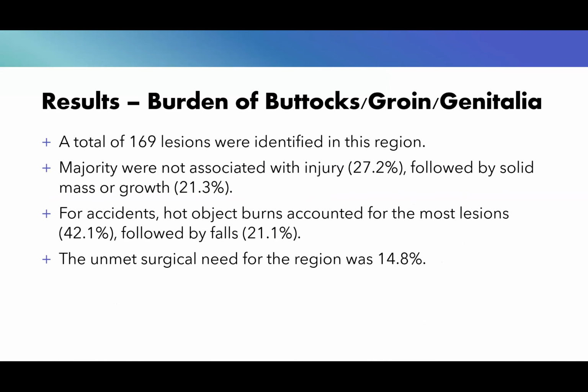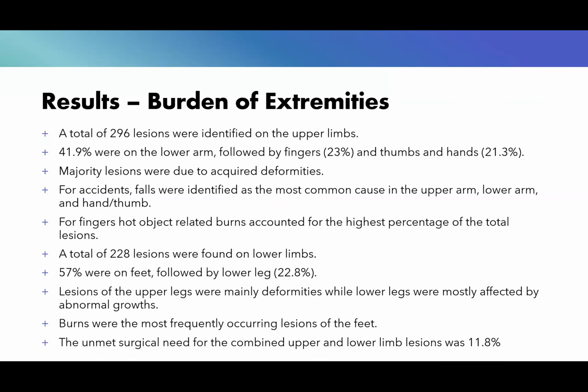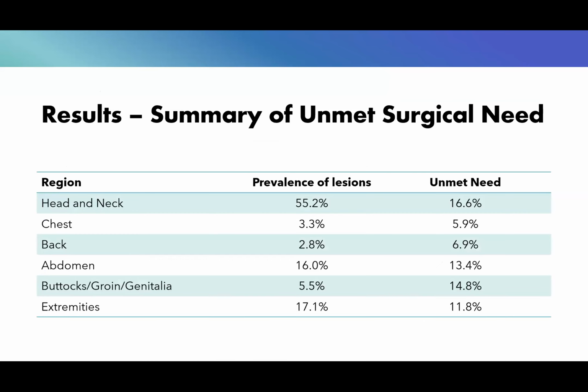So I will skip these because these are available in our paper. Coming to the summary of unmet surgical need, as you can see, head and neck was the most common, and we found that there was an unmet need of 16%, in chest 5.9%, and the abdomen, and the buttocks, groin, and genital were the other more common regions, in which the unmet need was 13 and 14%